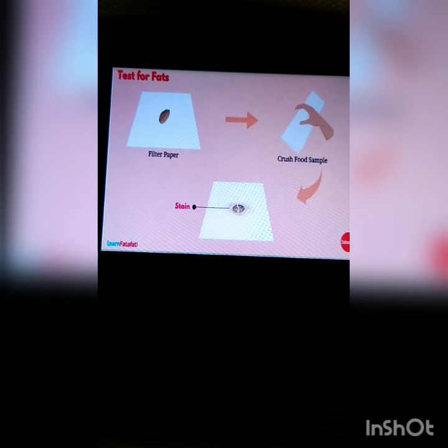So this was all about the test whether the nutrients are present in the food items or not. Then next we'll go to the balanced diet and the diet deficiency because of the not